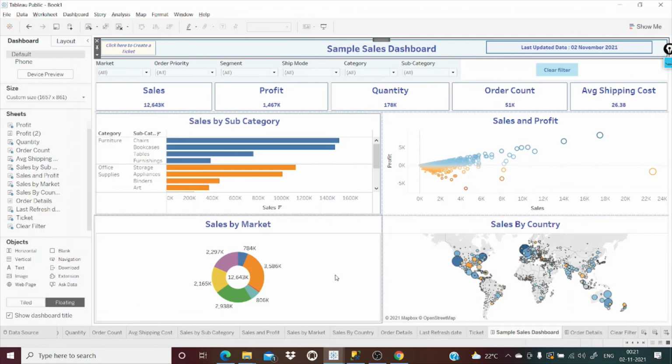But we have much more to do. We have not used the complete features of Tableau. We have only used a part of it, and we have not used everything. So in the future portfolio project, probably we can create a few more dashboards. And this is not done yet.